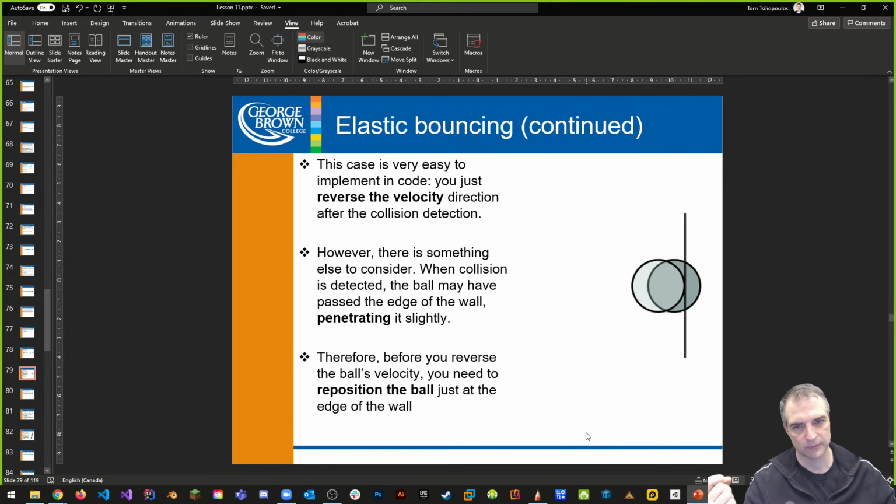But there is a case sometimes where, depending on the number of frames, whenever we check for the collision, the ball is going to be through the wall. What we have to do, since it penetrates slowly, is reposition the ball on the other side. So where it would go in, we want to reposition it before we show the visual collision, right? Otherwise, it's going to look wacky. It's going to look like it went into the wall and came back out again.